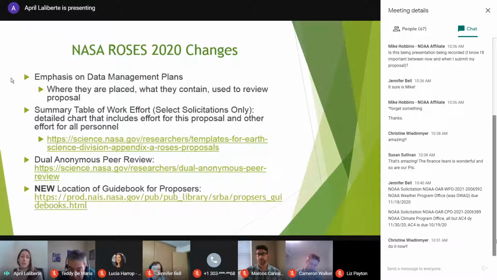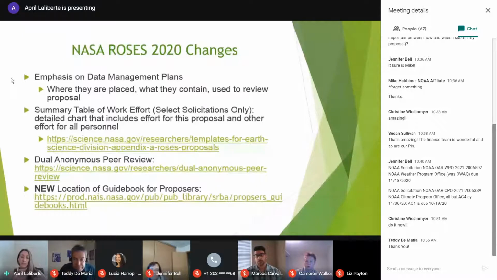The major change I think that they've made to this is that attached to this summary table is a current and pending format for you to fill out. They're getting pretty specific about what information they want, and it'll be included in the following pages after this summary table. And again, let us know if you have any questions on this.